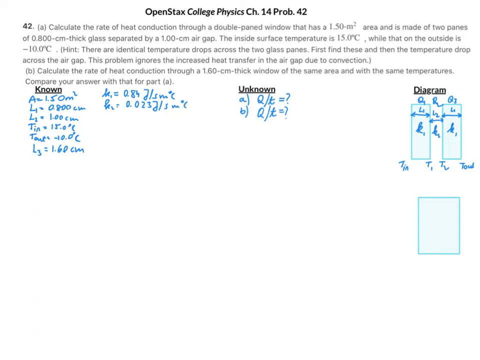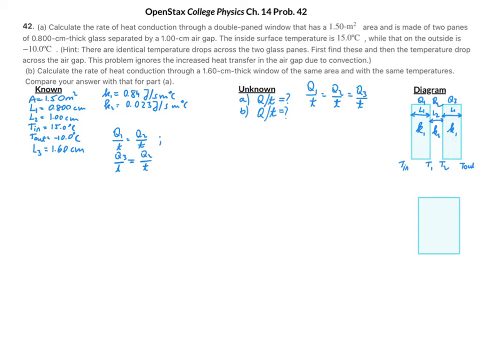All right, so as a hint, they told us that Q1 over t is the same as Q2 over t, and that's the same as Q3 over t. So why don't we start by writing these things out? So I know that Q1 over t equals Q2 over t, and Q3 over t equals Q2 over t. So writing them out more explicitly,